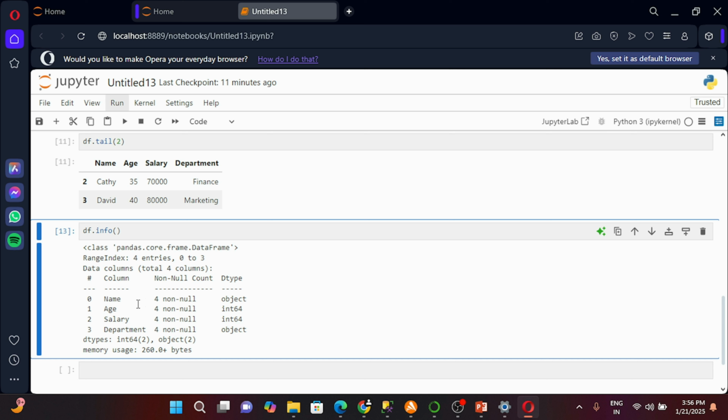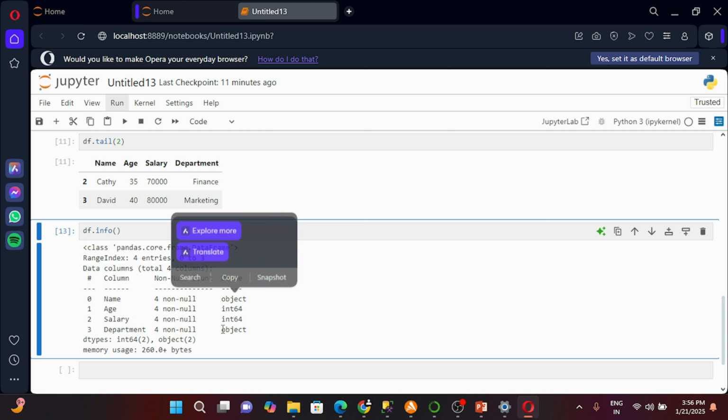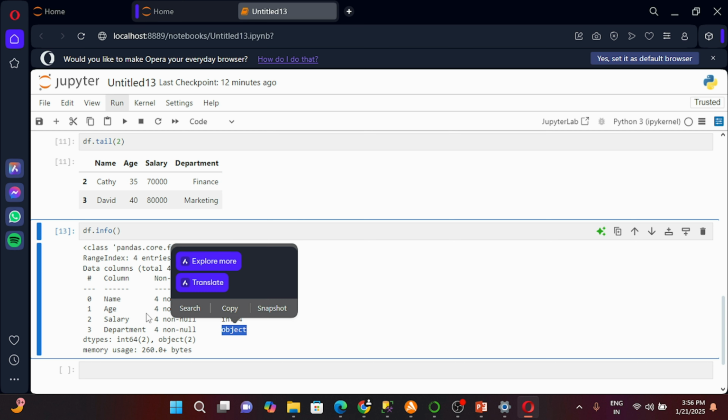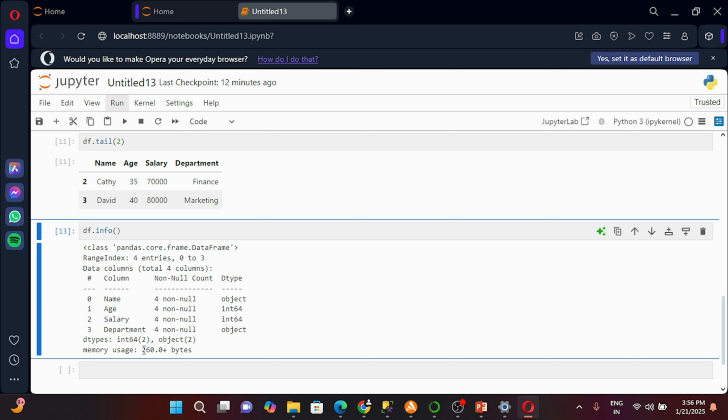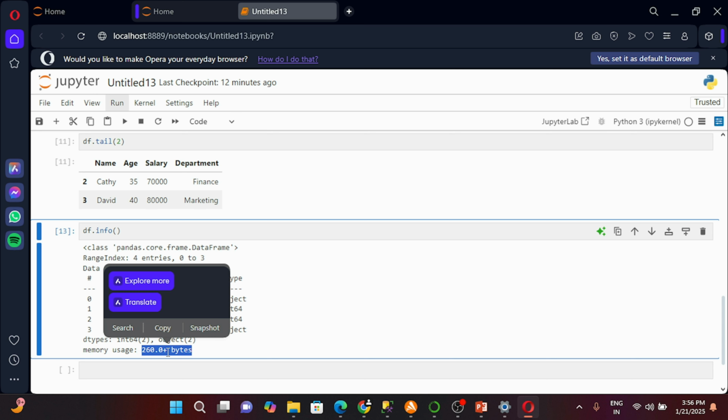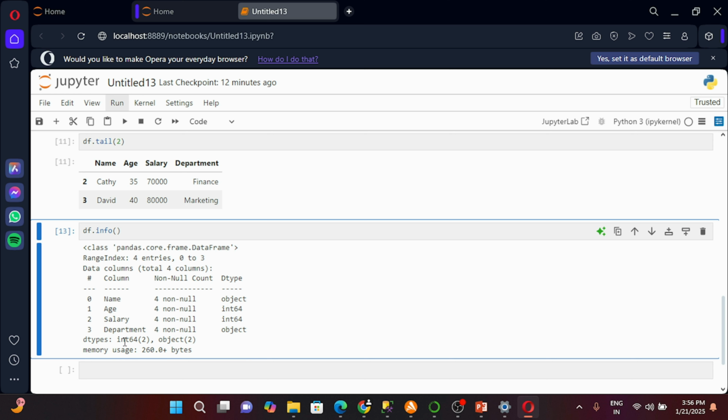As you can see, for name we have object, because name and department have string values, while age is an integer and salary is also an integer. If you see the name column and the department column, the values are strings, so that is why the data type is showing object, correct? And memory usage, like how much memory it has used. As you can see, it is showing 260-some bytes, right? So this is going to give us the information.